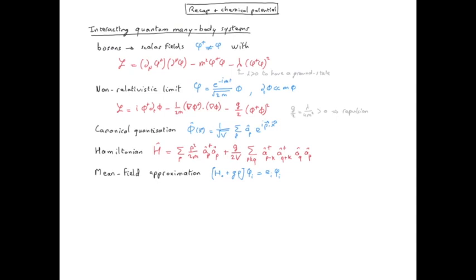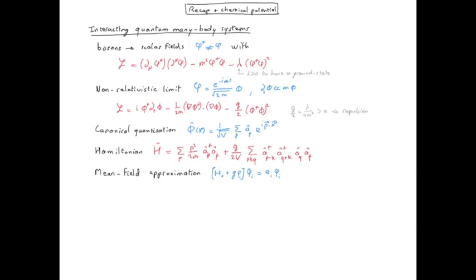We started with a Lagrangian for a relativistic system with a phi-4 term, describing a contact interaction between the particles. If this is the only term which describes interaction, we have to take lambda greater than 0 in order to have a ground state. We then took the non-relativistic limit and obtained a Schrödinger-like Lagrangian with, again, a contact interaction term with a phi-4 dependence of the field. The relationship between the non-relativistic coupling constant G and the relativistic one showed us that for lambda greater than 0, we need to have a repulsion, that is G also greater than 0.